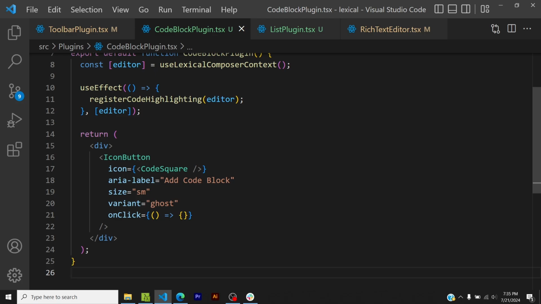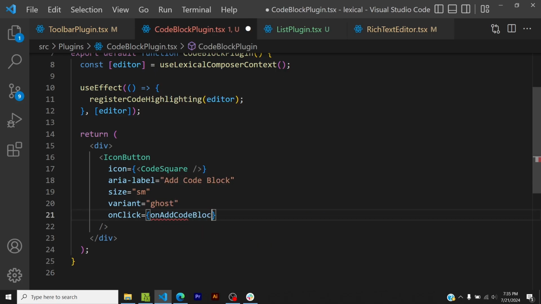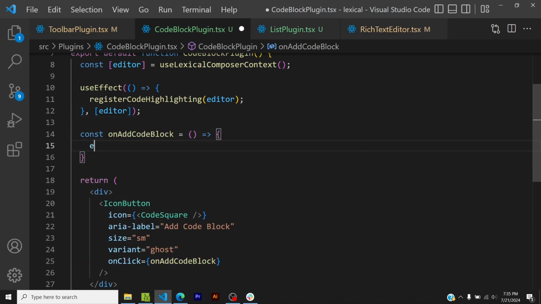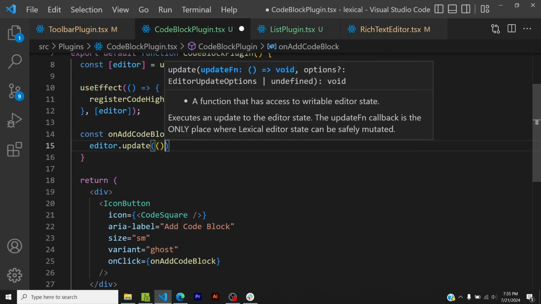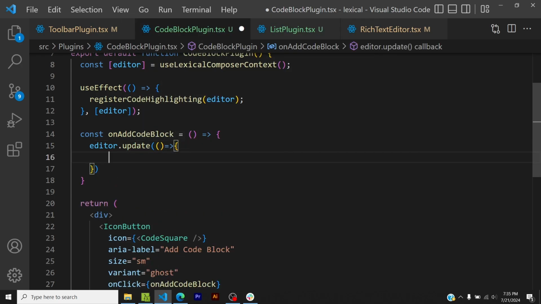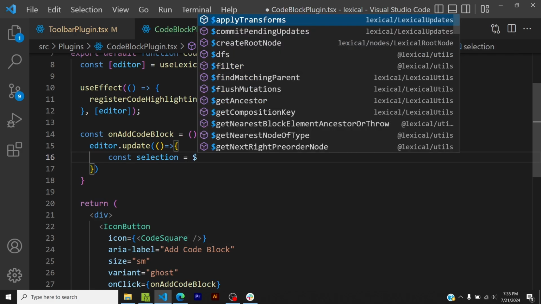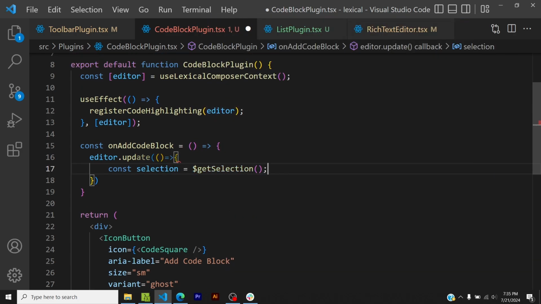Now let's add the on click logic. So I will add it here on add code block. Let me copy this, const on add code block, editor.update. Then inside it, as always, I will get the selection. So get selection, then